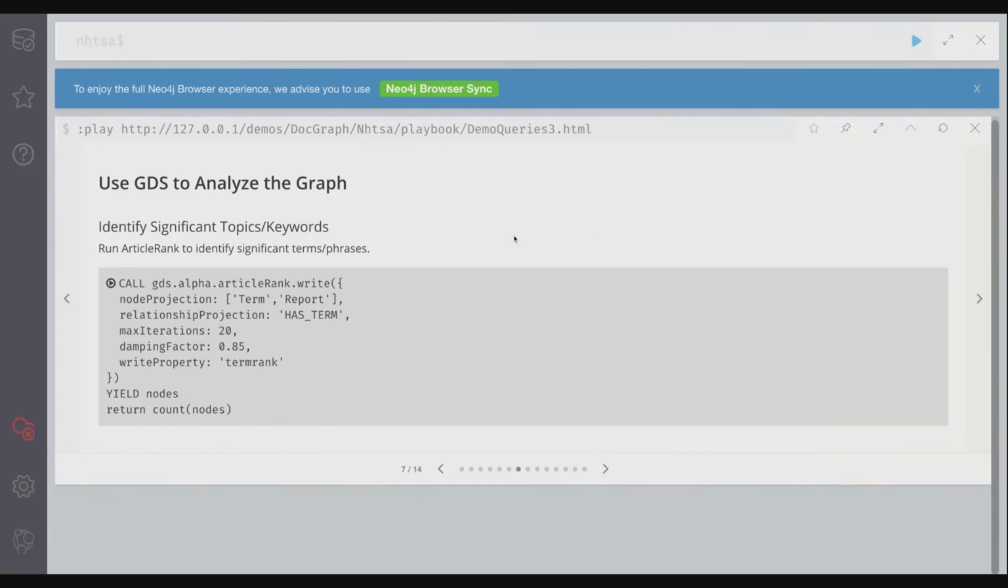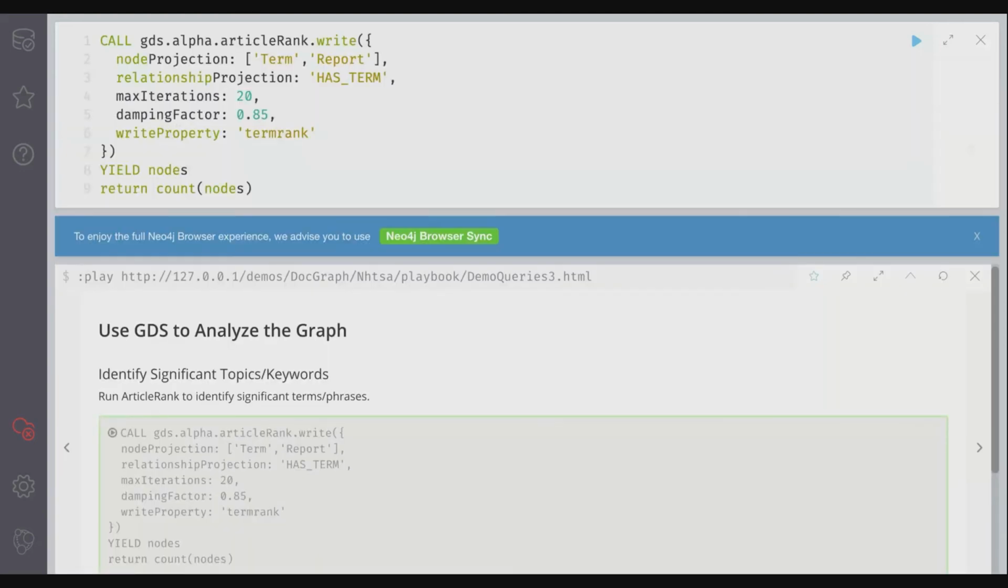So the next thing we want to do is we actually want to start analyzing the graph with graph data science. And this is really the goal of this demo here. So the first thing I want to do is look at the terms, and I want to understand how influential they are in the graph. So we're applying here an article rank algorithm to the terms in the graph, and we're going to apply a score called term rank to those